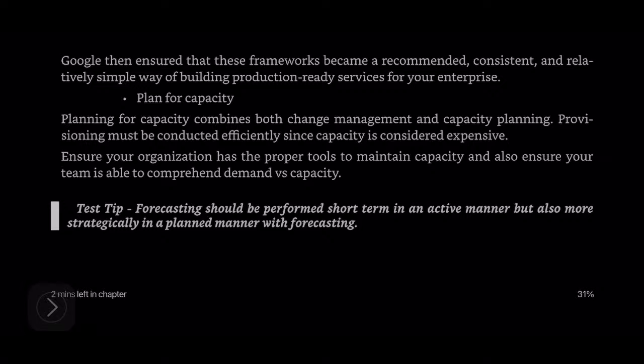Planning for capacity combines both change management and capacity planning. Provisioning must be conducted efficiently since capacity is considered expensive. Ensure your organization has the proper tools to maintain capacity and also ensure your team is able to comprehend demand versus capacity. Test tip: forecasting should be performed short-term in an active manner but also more strategically in a planned